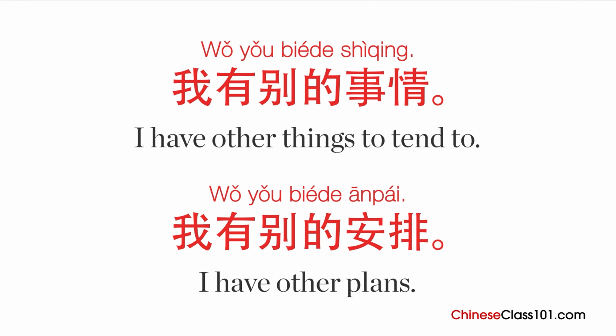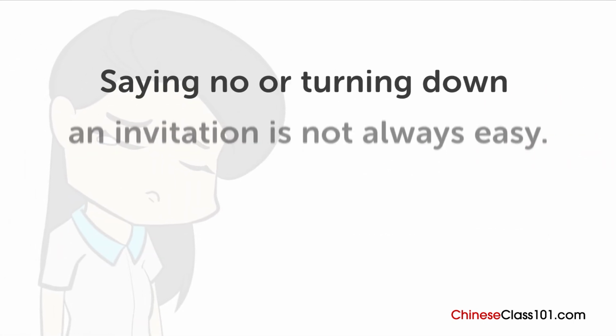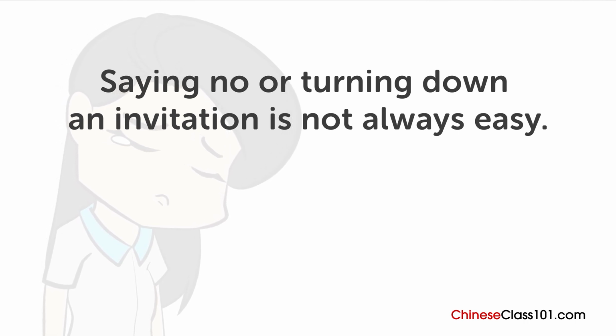You can use a very vague term like 我有别的事情, I have other things to tend to, or 我有别的安排, I have other plans. So if you don't want to go to a party and don't feel like giving the real reason, you might say 不好意思,我有别的事情去不了了,你们玩得开心。